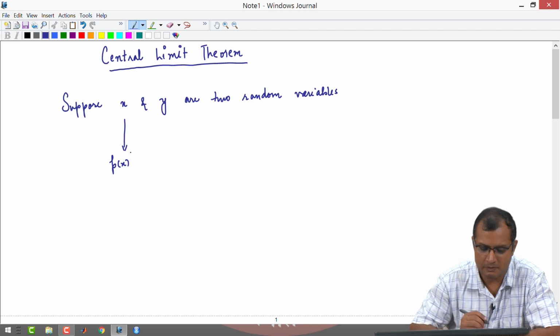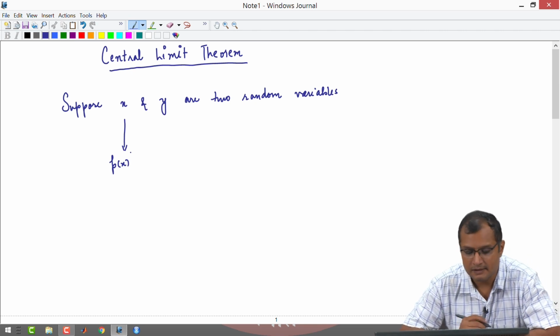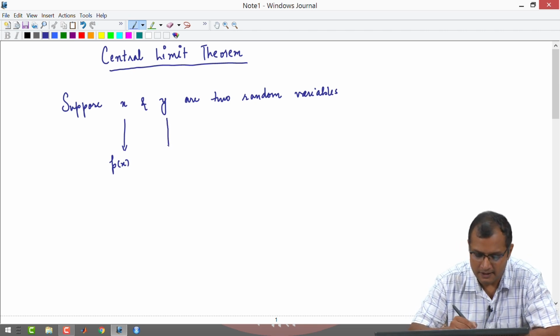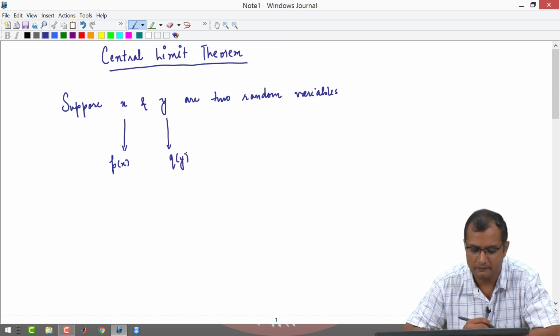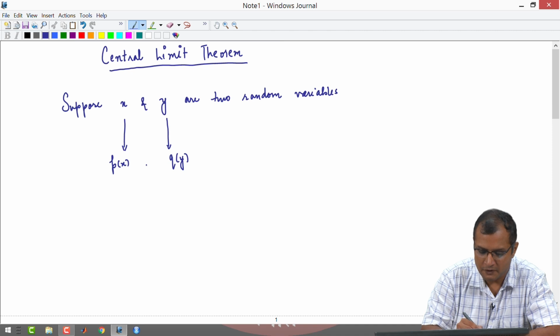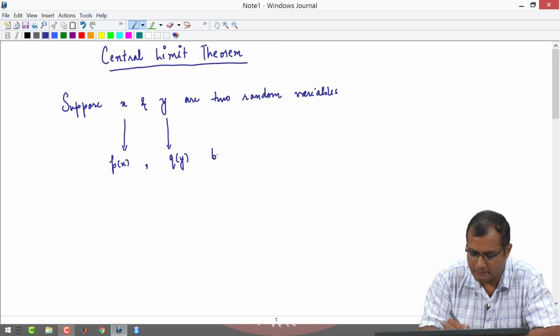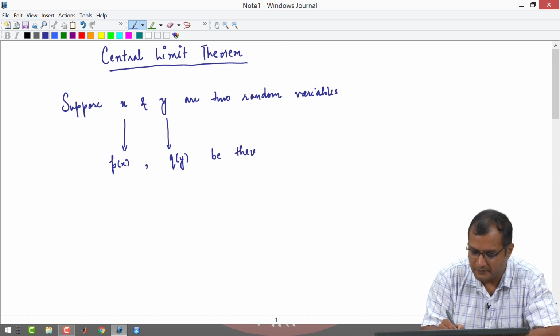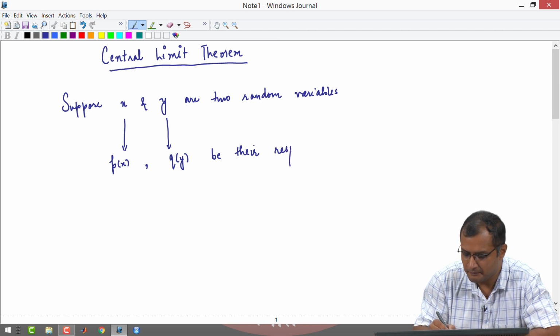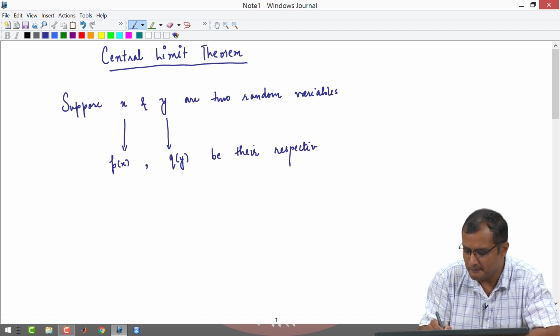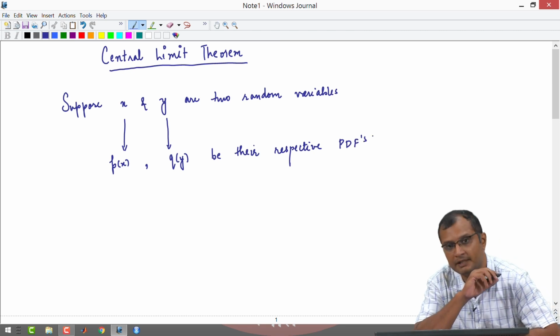So, x is distributed as p of x and y is distributed as q of y. Okay. So, p of x and q of y are their respective PDFs, okay, probability density functions,